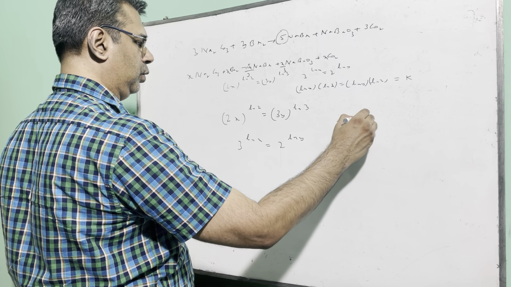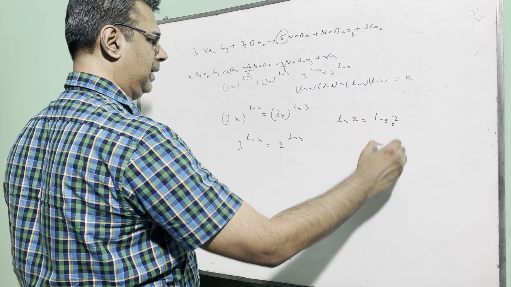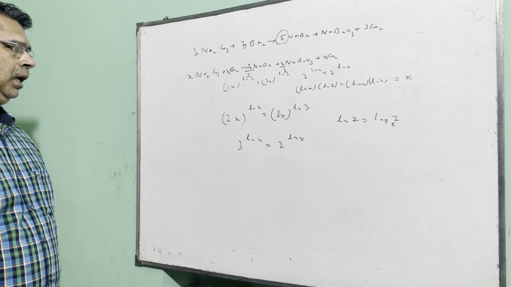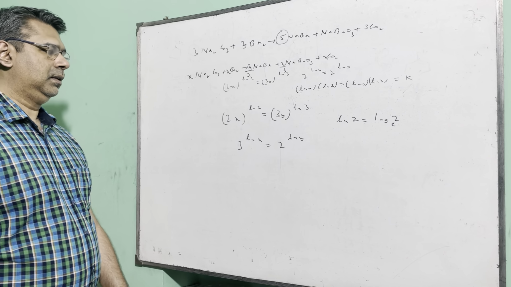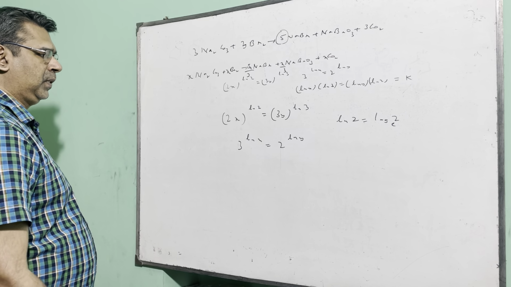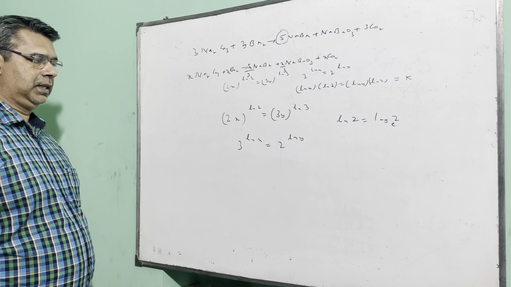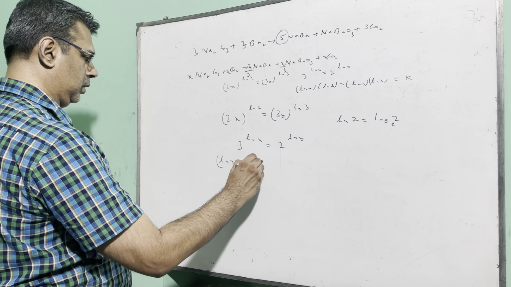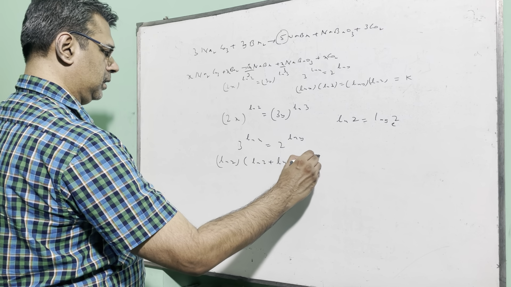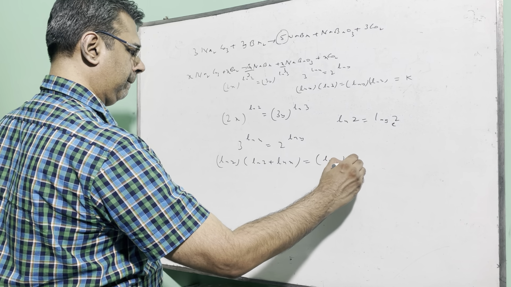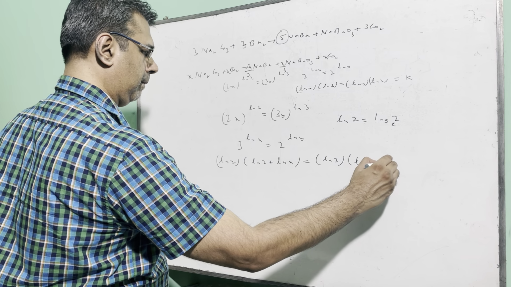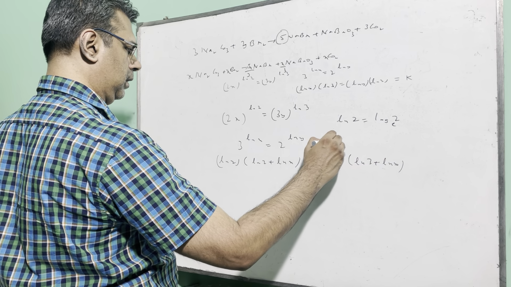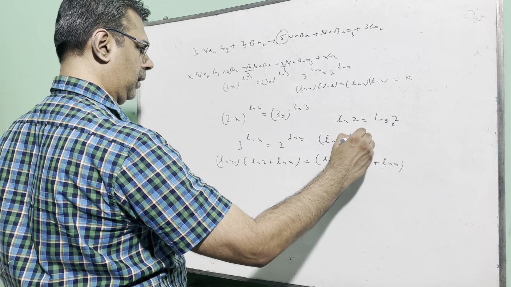If you say ln 2, it is basically log of 2 to the base e. So all of you are aware that ln implies logarithm to the base e. So the only way to do this question, if you want to do it in the conventional way, is to take logarithms on both sides of both the equations. So the first equation, if you take logarithm on both sides, this is what you get. And the second equation, if you take logarithm on both sides, this is what you will get.